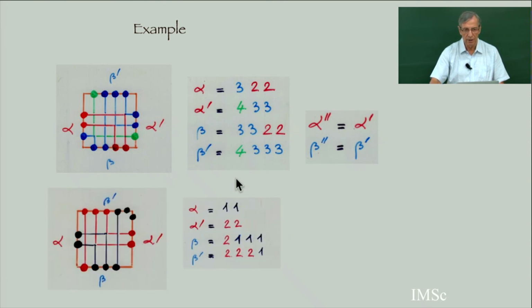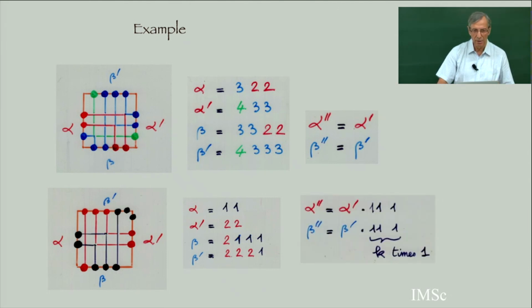Now I have another example where alpha equals black, black, beta equals red, black, black, black. So alpha equals 1, 1, beta is 2, 1, 1, 1, and beta prime becomes 2, 2, 2, 1. Alpha prime is replaced by 2, 2. It's just a change of color inside by the local rule, the classical rule of RSK. And then because there is a point here, you have to add